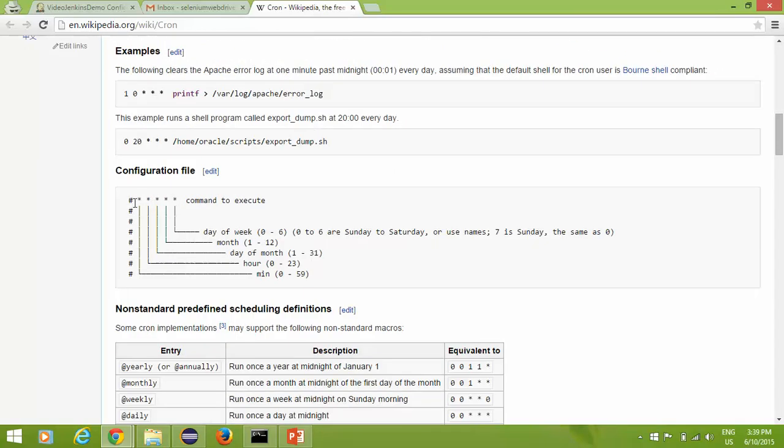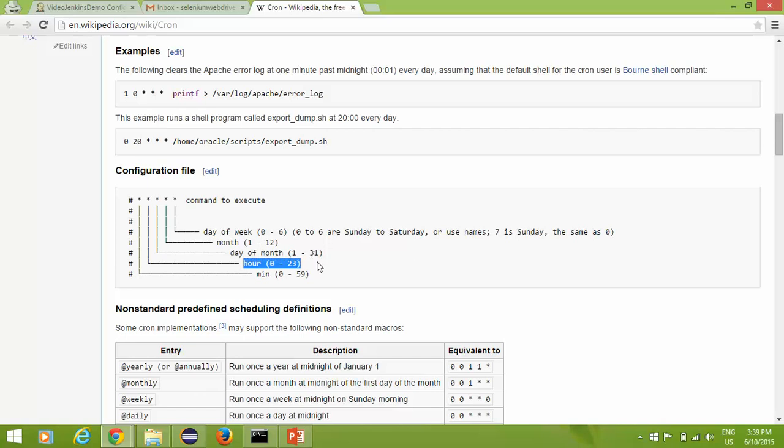Let me go through one by one. The first parameter, that is the first star, specifies the minutes, and the range goes from 0 to 59. If you set it for every 10 minutes, you can say 10 star star star star. It means it will execute every 10 minutes. The second refers to 0 to 23, because it works on hours.